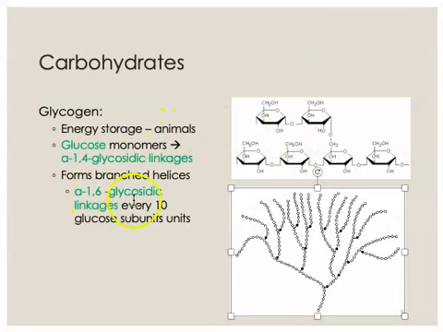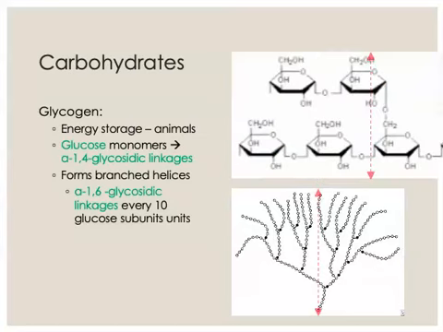Now, when it comes to the branches that we find in glycogen, we're going to see them coming off of the helices approximately every 10 glucose units. So there'll be a branch, and then if we count 10 glucose units over, there'll be another branch, and so on and so on. These branches come off perpendicular to the rest of the linear helix. And that means that we're going to need a slightly different alpha glycosidic linkage. If you look at the drawing at the top on the right,